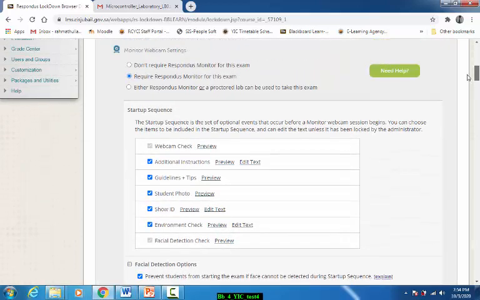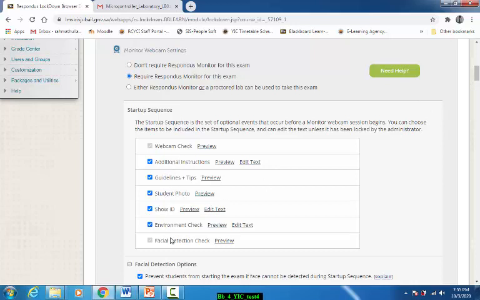Okay, here there are a lot of settings. Some of the settings are by default locked by the administrator, like the webcam check. So the student must check this. If he clicks this one, he can see how his camera is working. So he must go through all this. It's like a security check. Before he takes the exam, he should do all this. Whatever you ask him to do here, check, check, check. If you check all these boxes, he has to go through this.